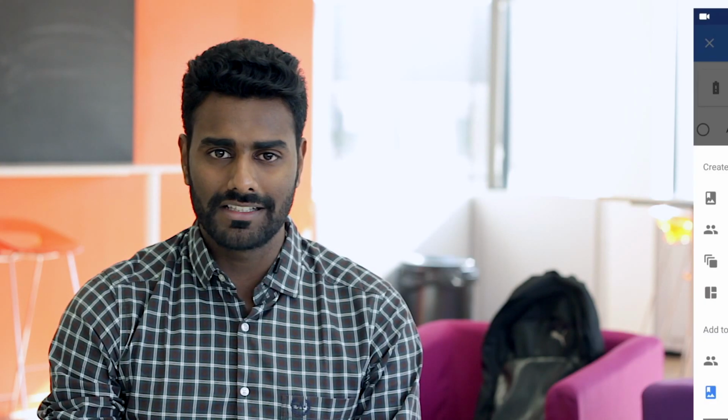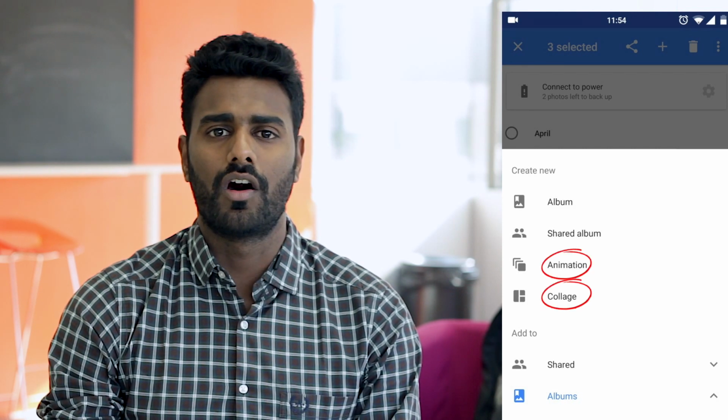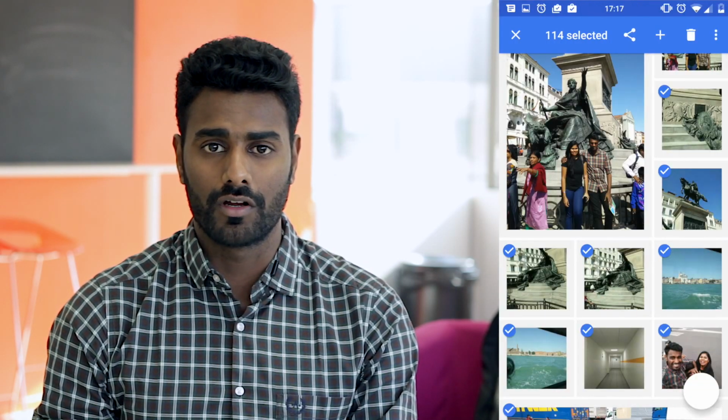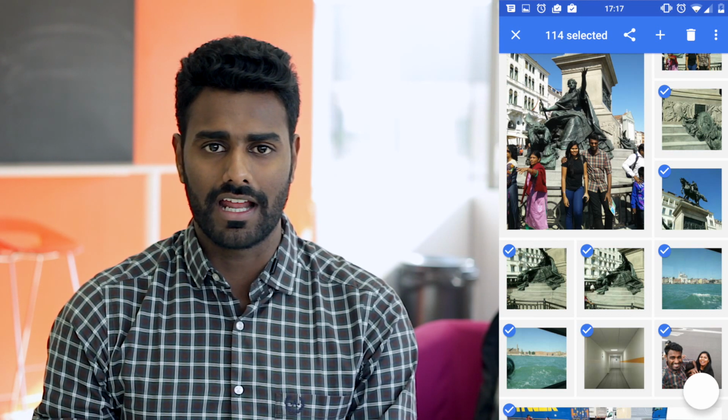The other options under this plus help you to make little creative modifications to your photos or to just create an album to organize your images better. I've shared a couple of albums with a few of my friends, and let me show you how I did that. From the pictures in my Google Photos, I created an album called Europe Through My Eyes and created a shareable link by clicking the share icon.